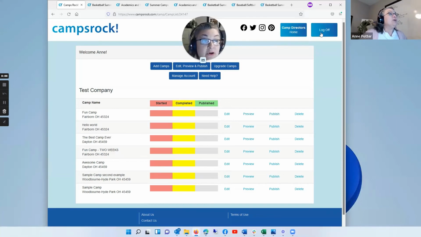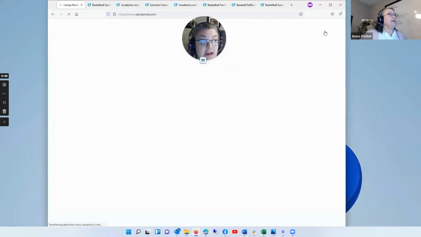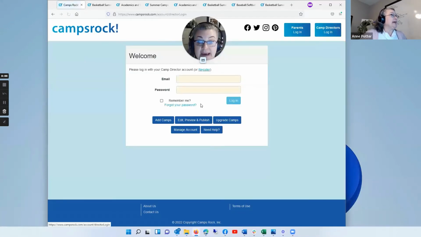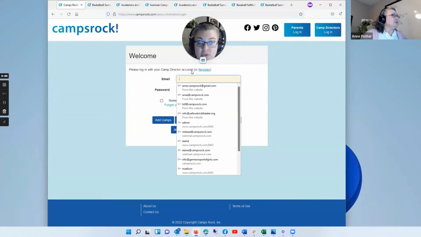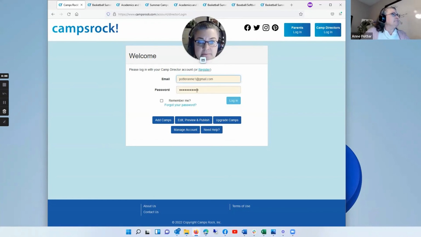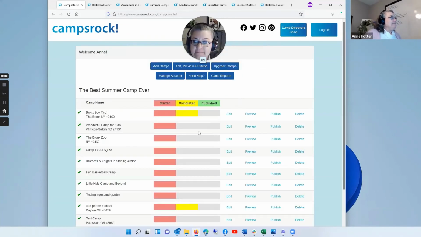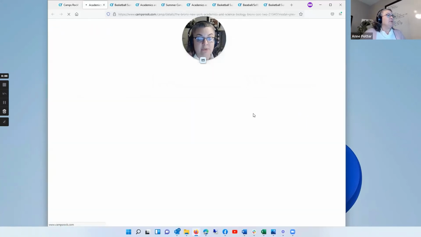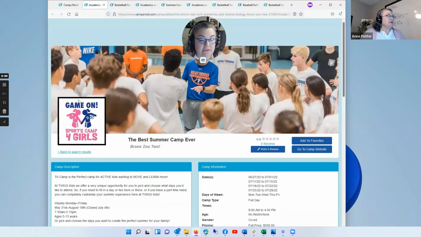Okay, now I'm going to show you what an upgraded account looks like, so I'm going to log off, I'm going to log back in with an upgraded account, which is this one. Okay, so this account is upgraded, and the way you can see that is these green check marks all down the side. That is an upgraded account, and when I preview it, you can see there's a cover photo now,